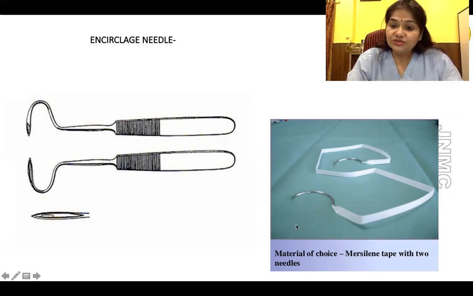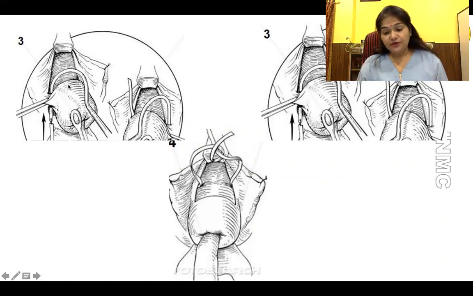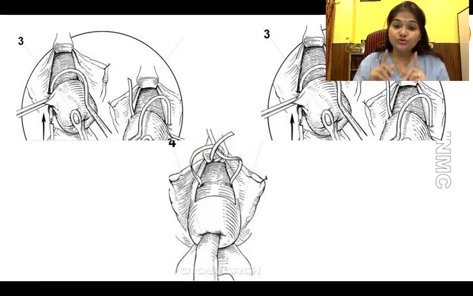So nowadays we use such needles, but they are wonderful needles, sturdy, thick, so that they could be passed easily through the substance of the cervix for cervical os tightening. The whole viva will go on cervical os tightening, right? So what is the difference between Shirodkar's os tightening and McDonald's os tightening? Shirodkar's is anatomically correct because you dissect and reach the internal os, which is incompetent, and McDonald's is easier because you do it at a lower level, and you don't require dissection of the vagina for cervical os tightening by this method.